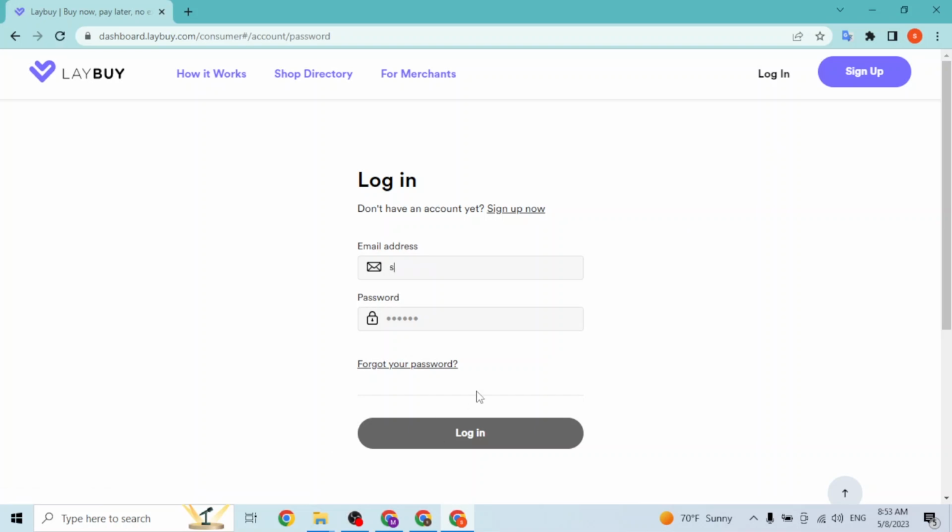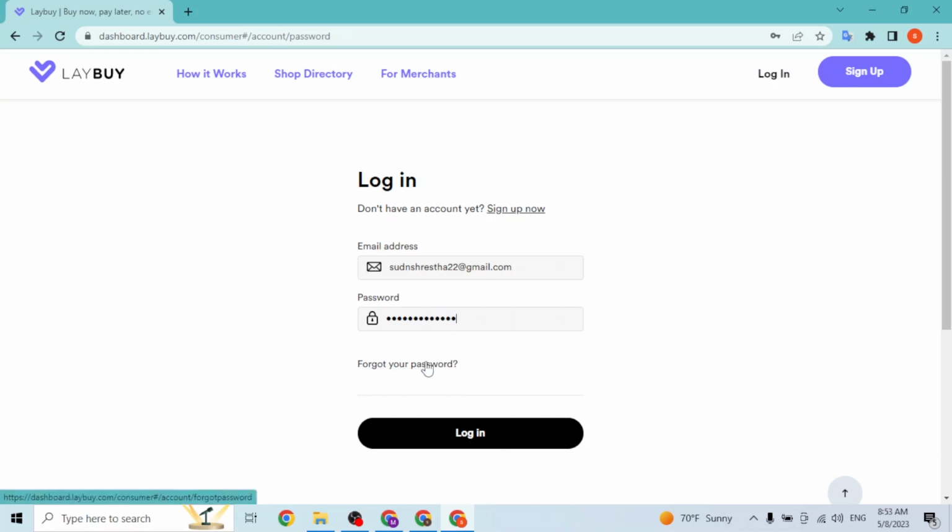And over here, guys, you'll be required to enter your email address with which you have signed up for a LayBuy account like this, and then also enter your password, guys. But if you've forgotten your password, guys, you can always retrieve it from over here where it says forgot